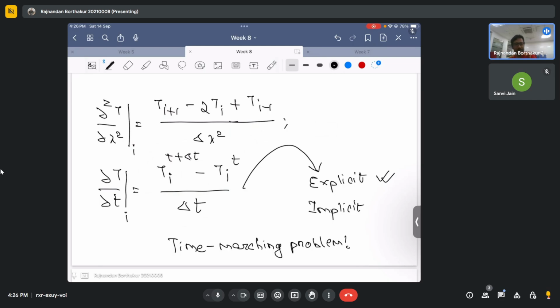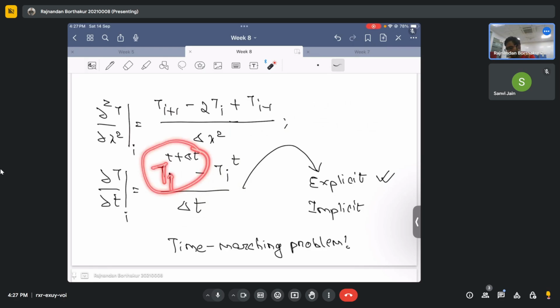Okay. Again, I'll explain why this is known as a time marching problem. For instance, let's say I want to know del T by del t for the ith grid point. I will start off at time t equal to 0, which means I know this value, because at time t equal to 0, the entire rod is at some temperature, let's say some T infinity, which means I know this,